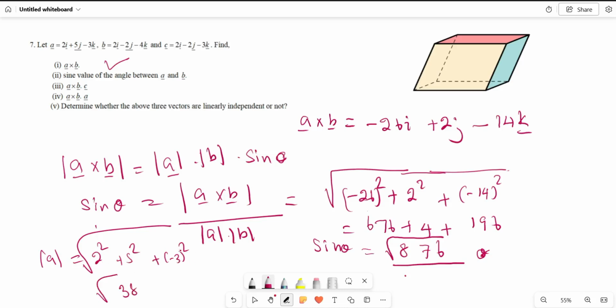Is that correct? 9 plus 25 is 34, 34 plus 4 is 38. Okay, divide by 38 into